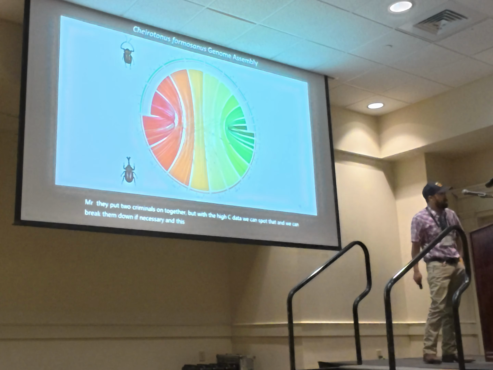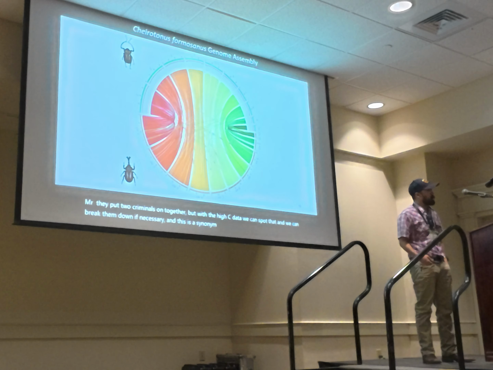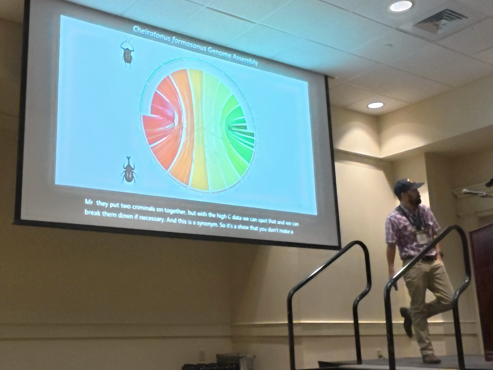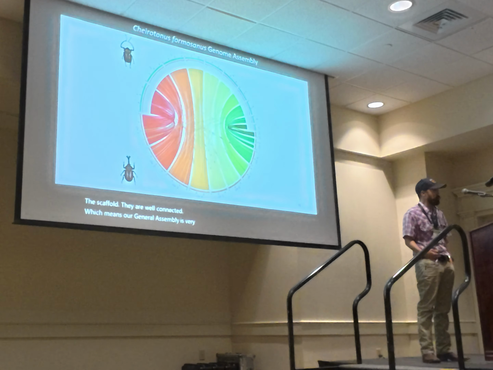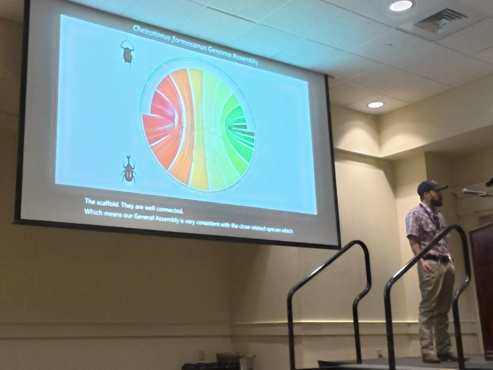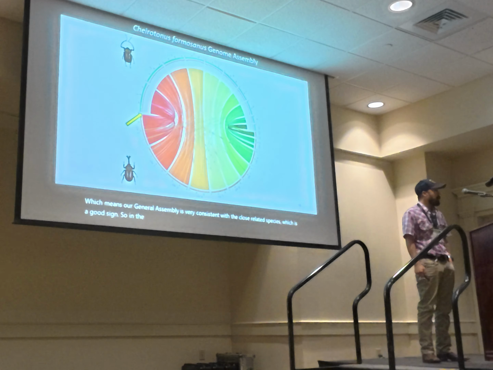And this is a synteny plot. It shows the genomic similarity and structural differences between two genomes. On the top, I have the long-arm beetle I assembled. On the bottom, I have the Japanese rhinoceros beetle, published on NCBI. You can see the scaffolds are well connected, which means our genome assembly is very consistent with a closely related species, which is a good sign. In the inner ring over here, you are looking at the normalized read depth,